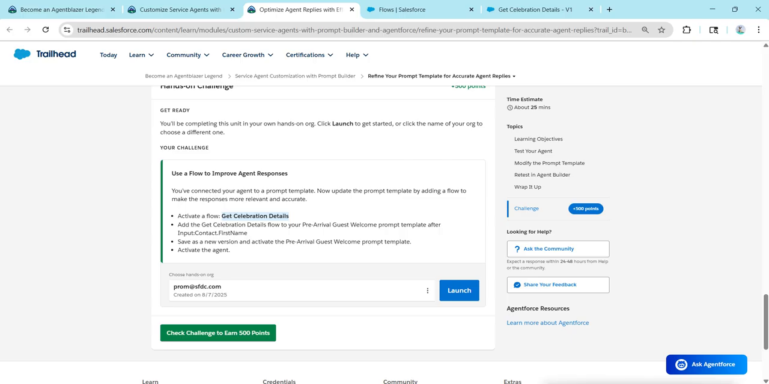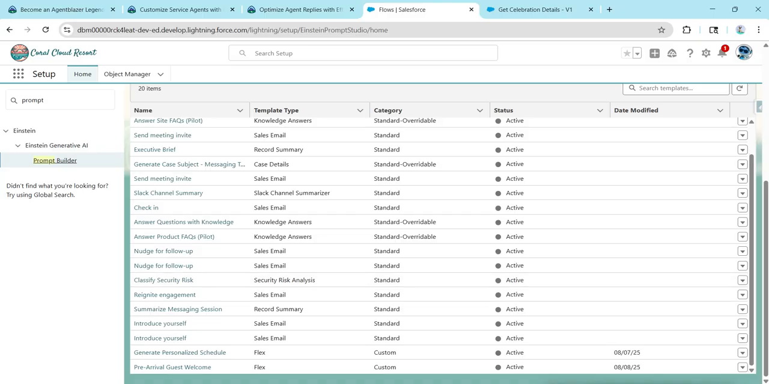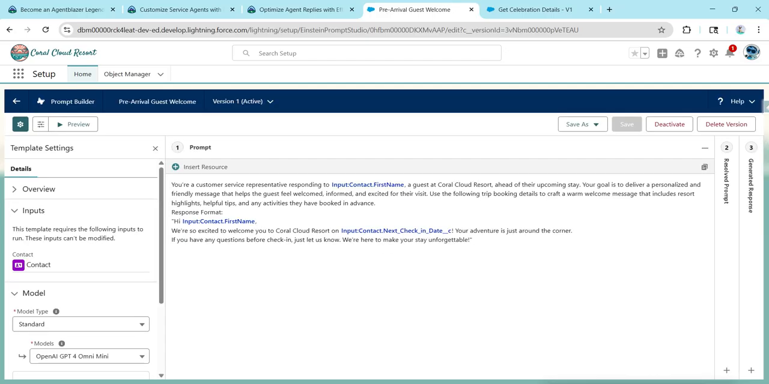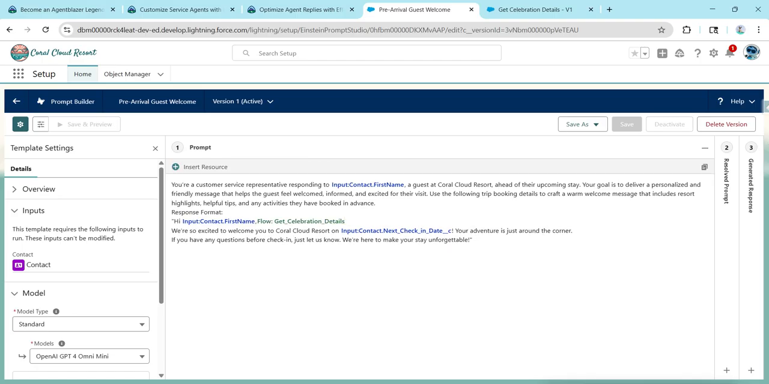Search for the prompt named pre-arrival guest, which is over here. Pre-arrival guest welcome. Just click on that prompt. Next to our first name, we are going to click on the plus symbol right over here next to insert results. So choose the flow followed by get celebration details,